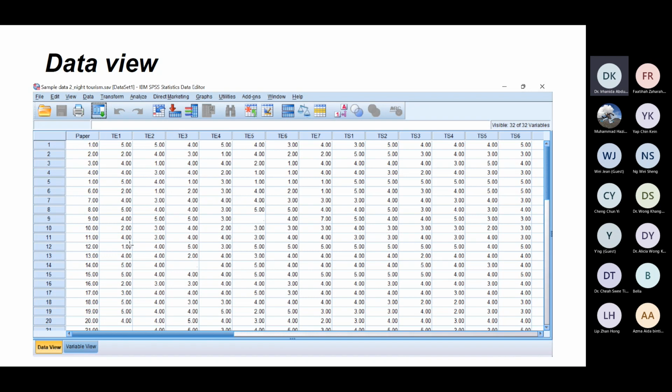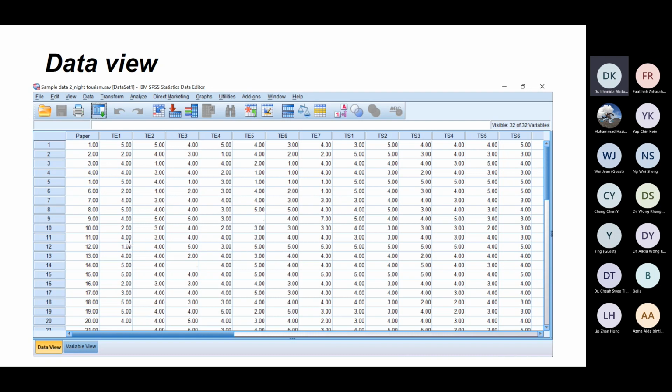And you can see some blank areas here. This is the missing value, it is empty. The respondent did not answer. And here you can see the row, TE1, TE2, TE3. This is the variable name. TE1 is tourist experience 1, then tourist experience 2, 3, 4, 5, 6.